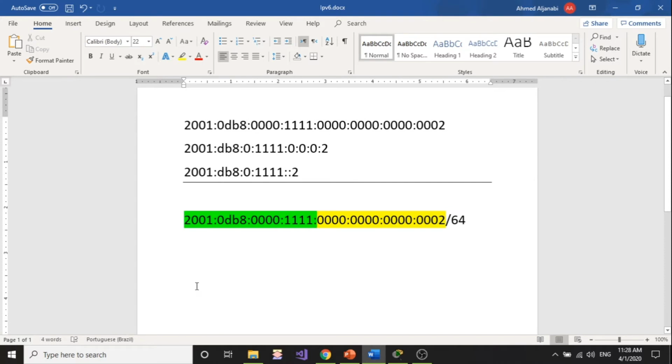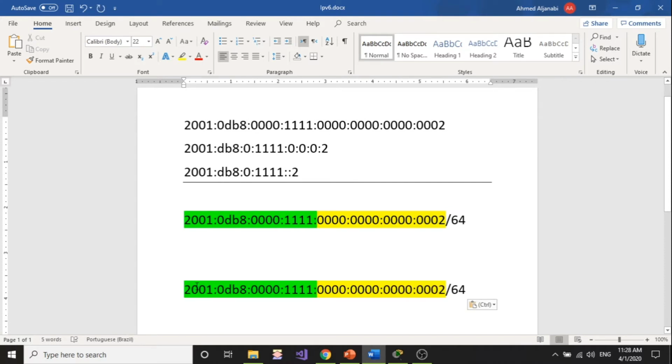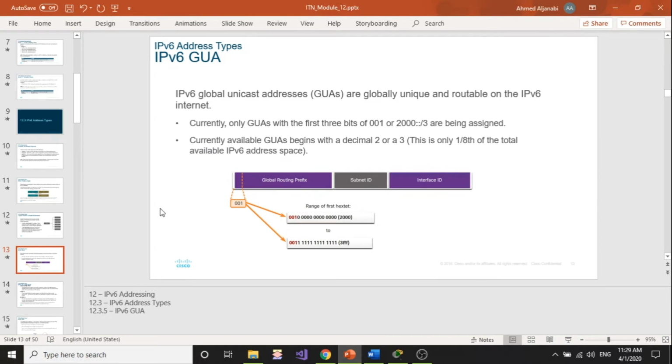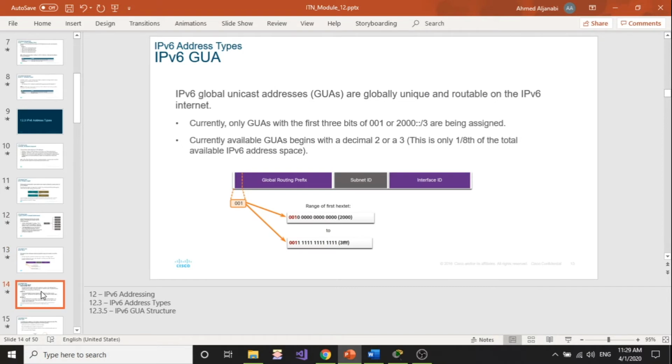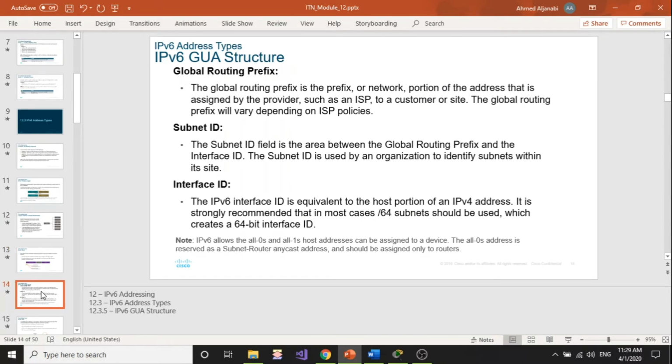Now, in IPv4, we said usually you will be given an IP address, and then we can ask you to divide this IP address into smaller IP addresses. And this is basically what we're trying to do here. If you have an IP address that covers a lot of devices, I can divide this IP address into multiple segments. And the idea here is very simple. You're going to divide your IP address into a global routing prefix, subnet IP, and interface ID. Now, the thing that you should understand, which is very, very simple and very easy,